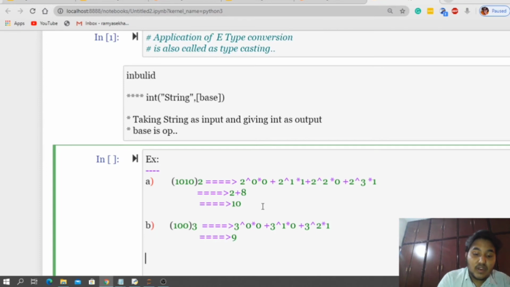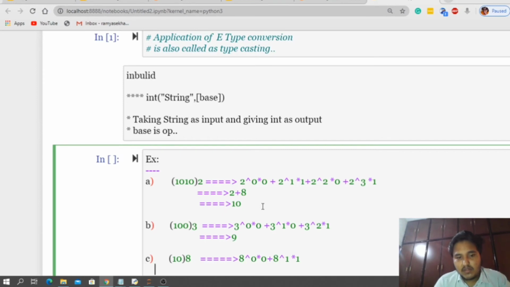Let us take one more example, that is C. Now let me convert 10 base 8. I am taking now base 8. So if it is base 8, how can we do that, guys? So 8 power 0 into 0 plus 8 power 1 into 1.